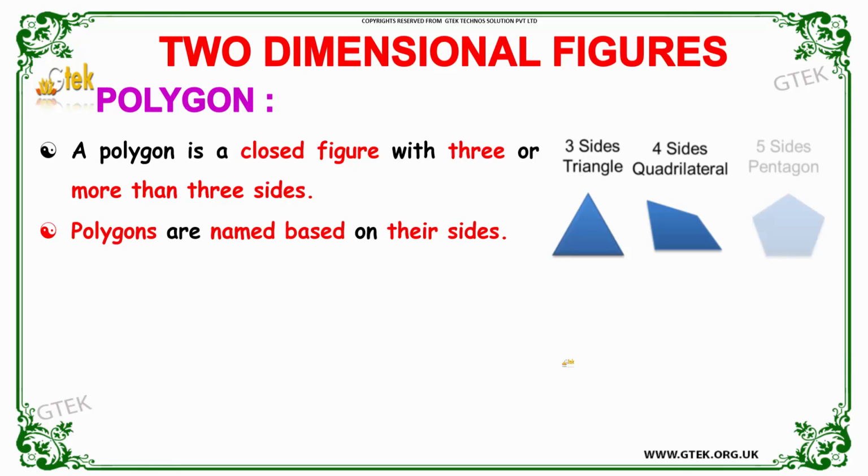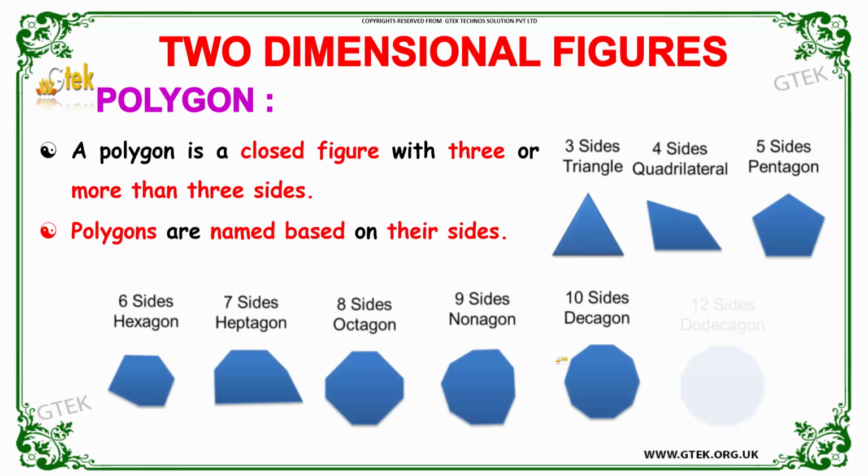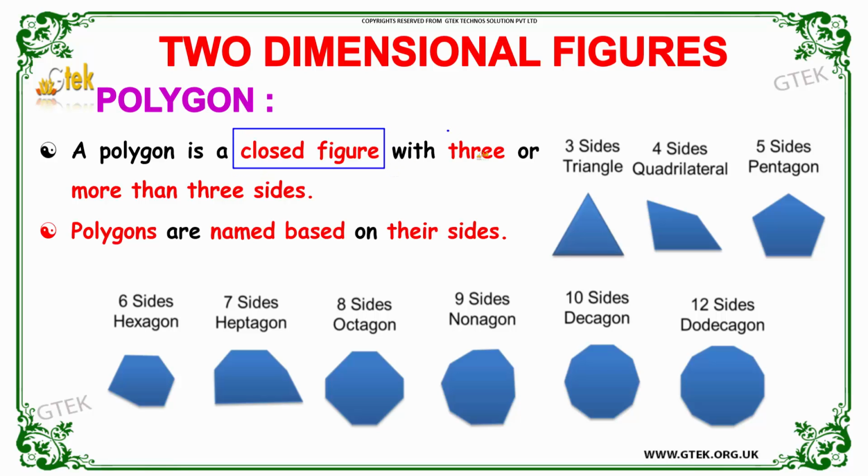Next we are going to discuss about polygon. A polygon is nothing but a closed figure with 3 or more than 3 sides. Polygons are generally named based on their sides. If a polygon has 3 sides, then it is said to be a triangle. If it has 4 sides, then it is said to be a quadrilateral. If it has 5 sides, then it is said to be a pentagon. If there are 6 sides, then it is said to be a hexagon. If a polygon has 7 sides,